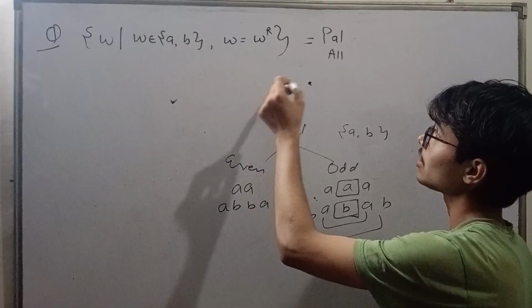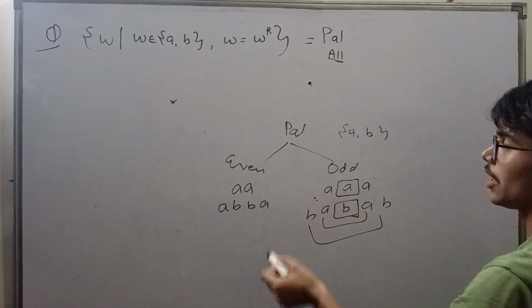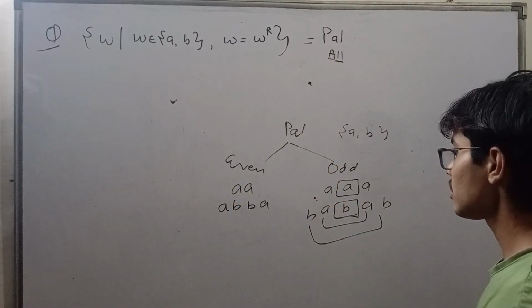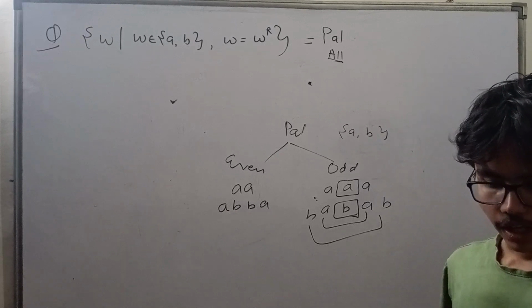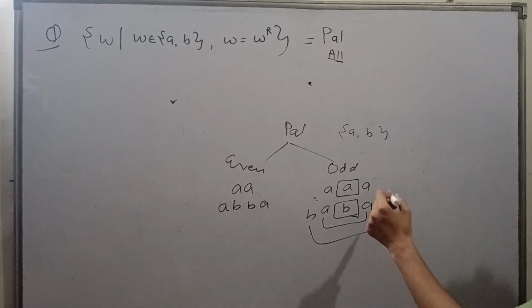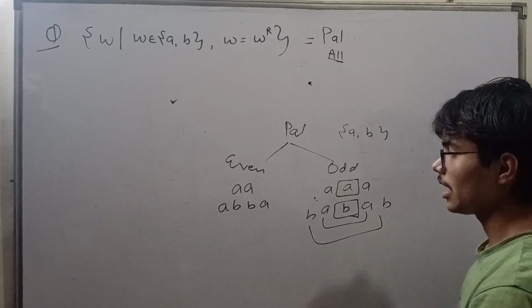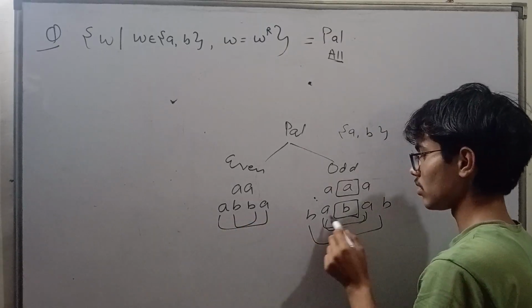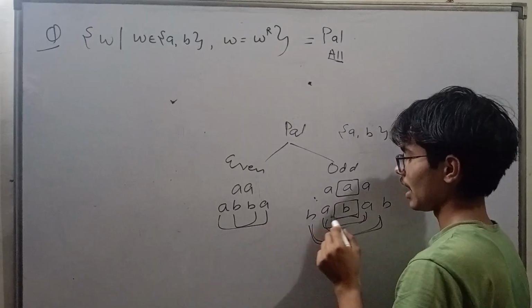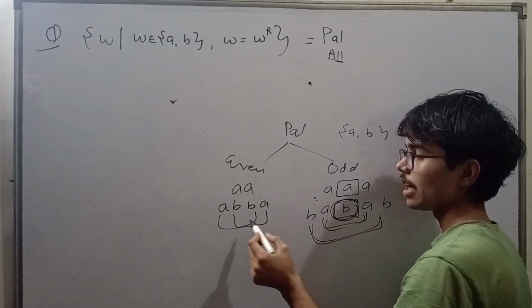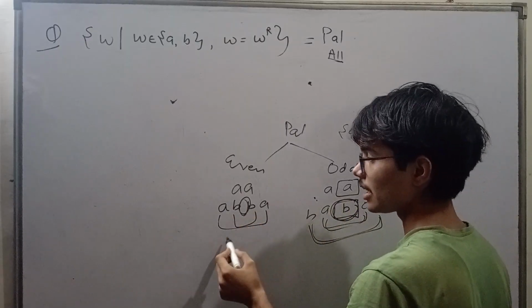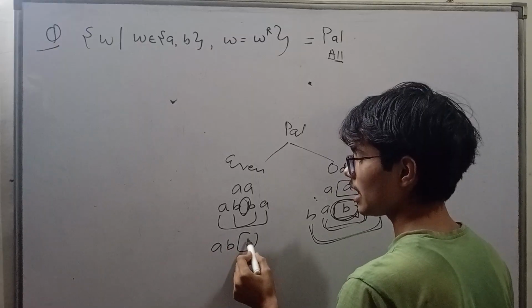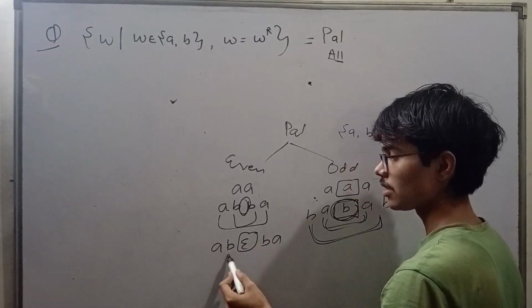So we have to write all palindromes here. You can generate both palindromes here. So how can you write this? If you analyze this, what is different here? Here is the same thing, here is also the same thing. At the last we generate this, and here what is this? Here is nothing, nothing means epsilon.